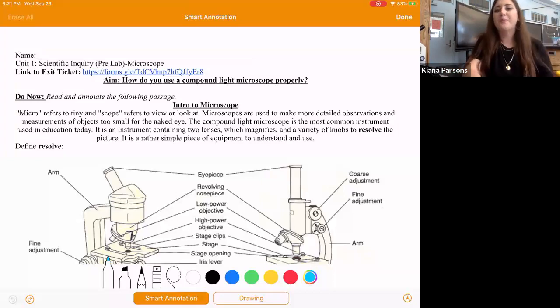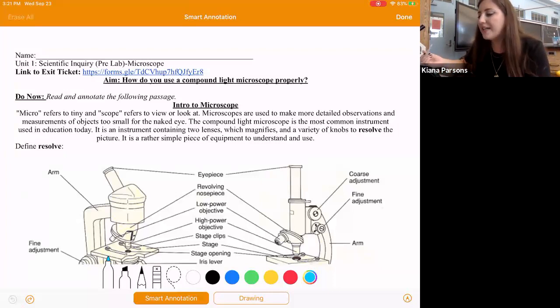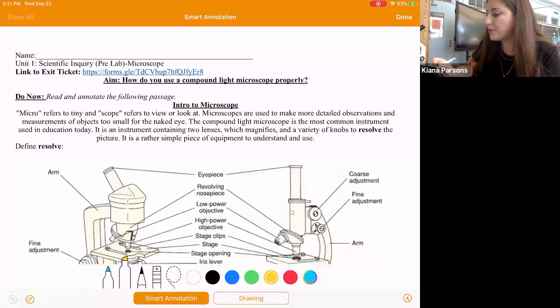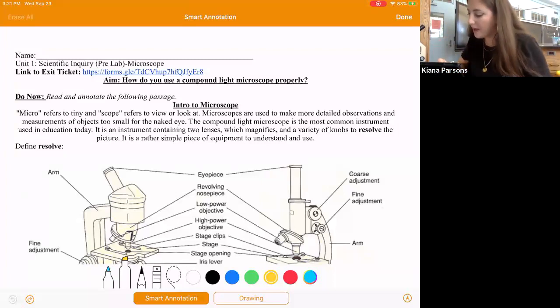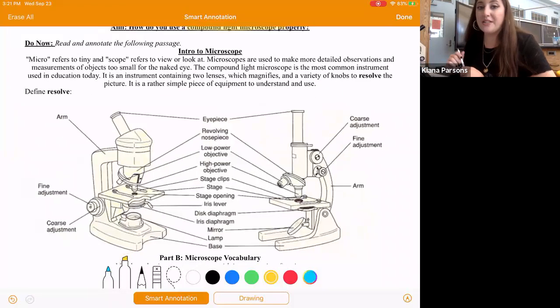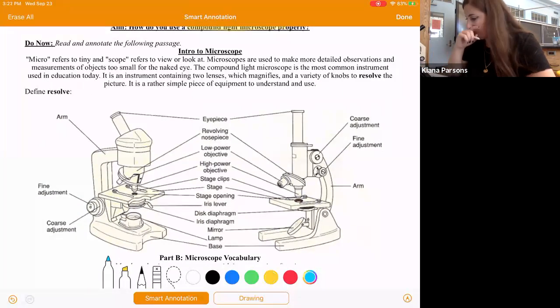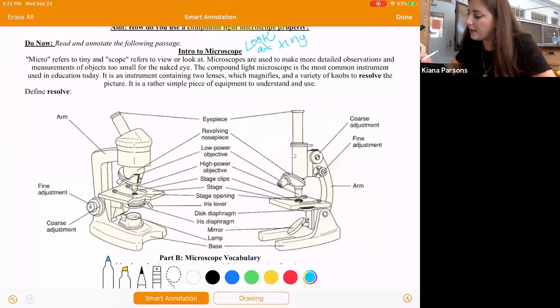All right, so we're looking at our day 6 pre-lab, and our aim is how do you use a compound light microscope properly, which we just talked about, what a compound light microscope is and how do we use it properly. So we're going to read this passage here and we're going to annotate it. Micro refers to tiny, and scope refers to view or look at. So a microscope helps us look at tiny things